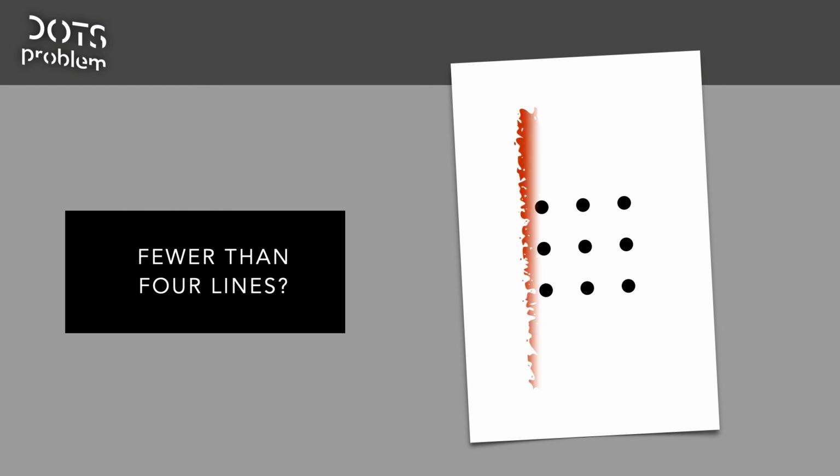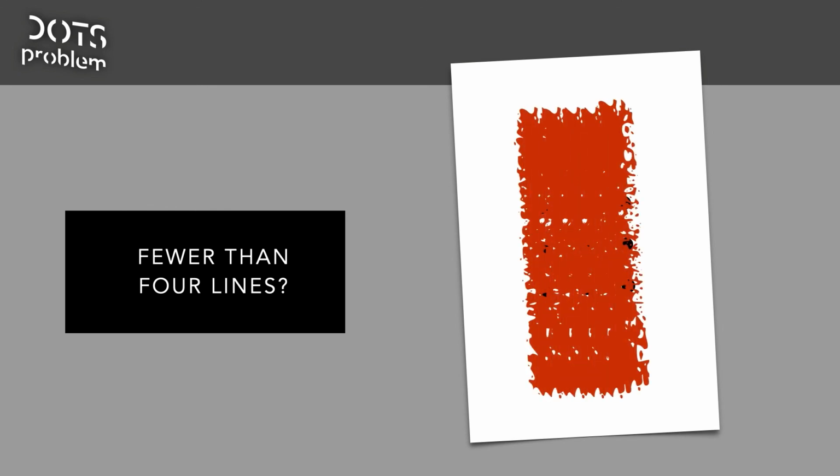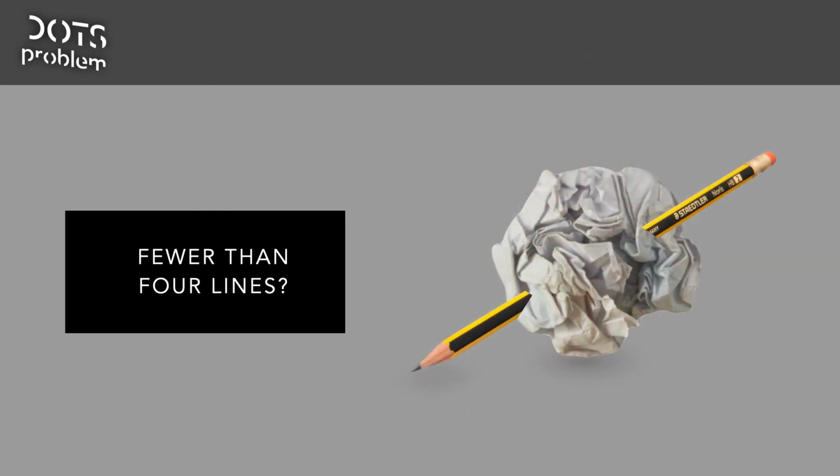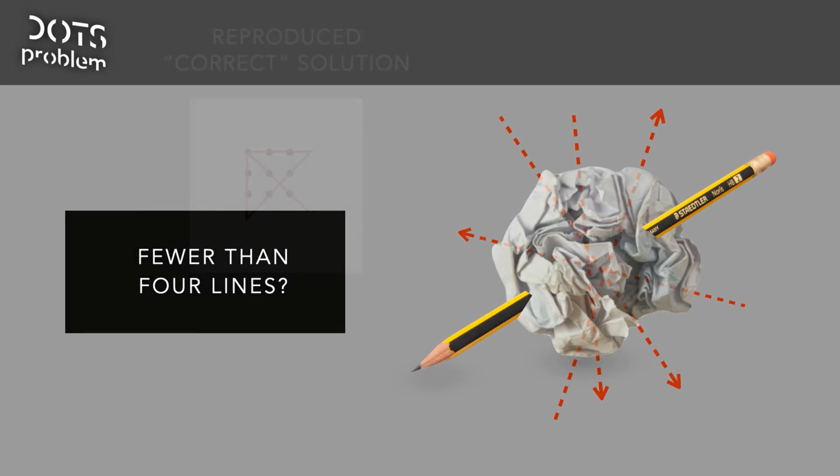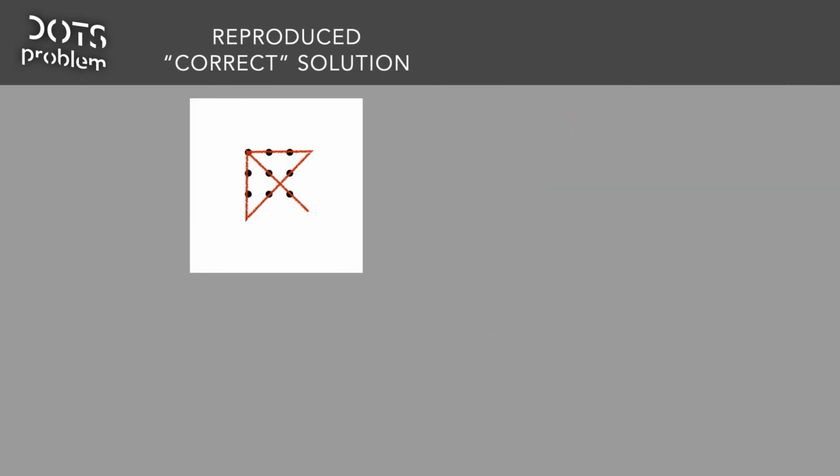If you have a really broad pen, of course, you can do it like this. Or you can try and make it into a big crumble all together like a ball, and then stab it with a pen. And in theory, at least once, you should be able to punch all of them together with maybe just 1 stroke. So yeah, some of these examples are more silly and some are more practical.